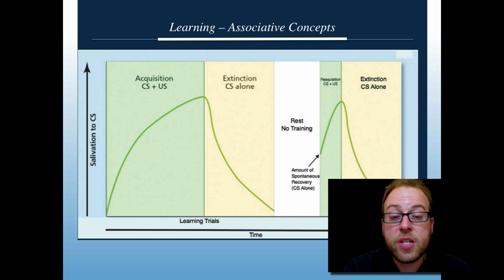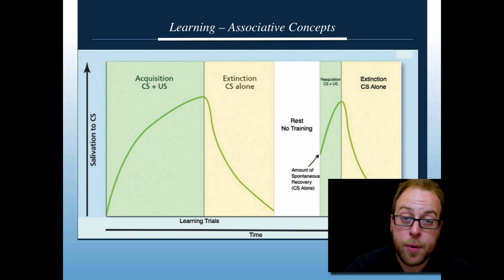Let's say, for instance, you break up, maybe because you just can't handle the onion breath. Over time, and in fact rather quickly, the presentation of the conditioned stimulus, the onion breath, without the presentation of the unconditioned stimulus, the thing that really naturally produces the response, will result in the extinction of that link. That is, the conditioned stimulus will no longer produce the conditioned response.